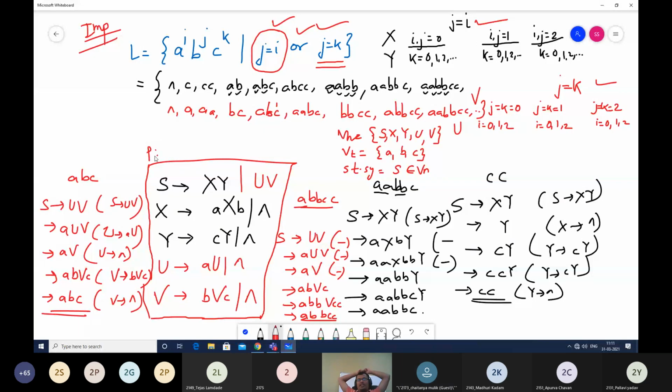After you take down the strings, whatever I have written here, J is equal to I, J is equal to K, and all these substitutions, was for your understanding. It is not expected that you write these things on paper. In order for you to understand how strings are getting generated, I had written those I, J, and K values. When you solve this on paper, you write these strings as per your understanding. You generate these strings, look at them and write the production rules first. Based on the production rules, complete the 3 tuples and solve 1 or 2 strings. Okay, I'll give you 2-3 minutes. Just take down this problem in your notebook.